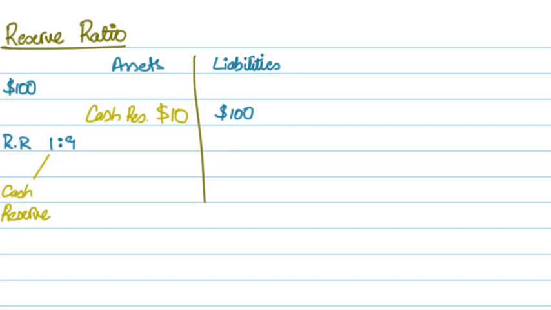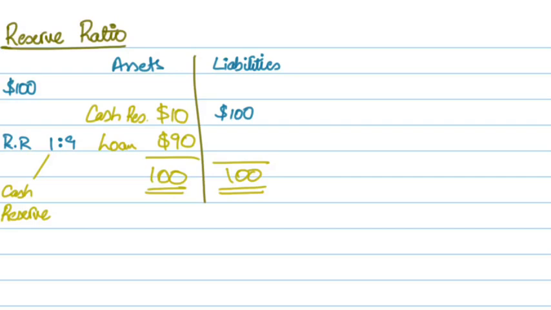So the loan of 90, and we can simply balance this very basic balance sheet. If you want to note down the definition of reserve ratio, it's the proportion of a client's money that needs to be kept in the bank by law. So the bank cannot lend the entire deposit to the customers. It needs to hold some of it in the form of cash reserves,